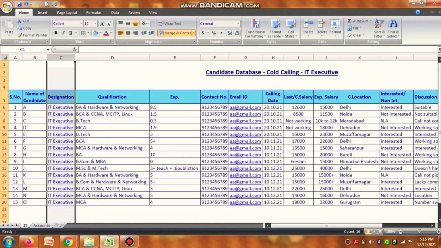You can do it the same way, or you can leave it as candidate database cold calling only, and you can skip this part. Okay, so the designation is there. You can write the designation over here, or you can remove this if you have put it in the heading. If you have put IT executive in the heading, then you can skip this column, C column, from here.